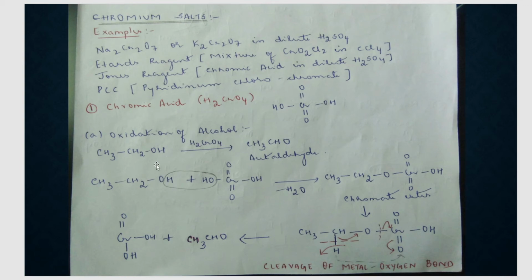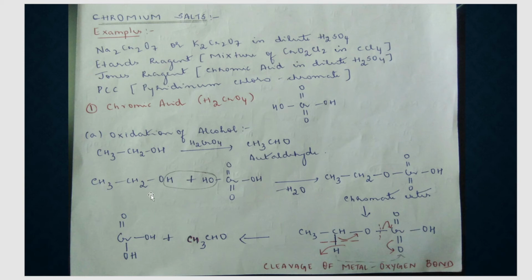Now this you need to know, because we have studied it in the previous videos: alcohol on oxidation gives what? It gives you an aldehyde. Now here, what is this alcohol, students? It has two carbon atoms, so it is ethanol. So I'm taking ethanol, and in the presence of chromic acid as the oxidizing agent, I'm getting an aldehyde, which is acetaldehyde. The reaction mechanism for this reaction is very simple. For your understanding, I have written it this way. I suggest you also write it this way because it's very easy to write the mechanism.